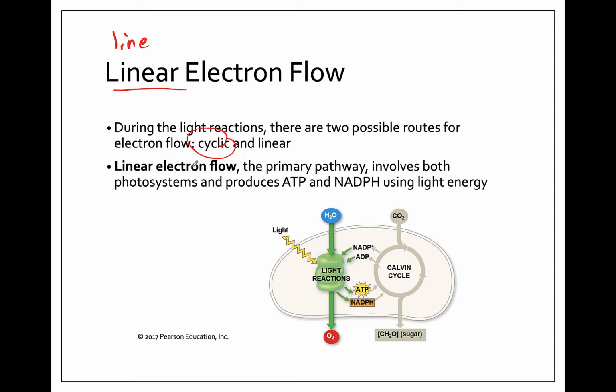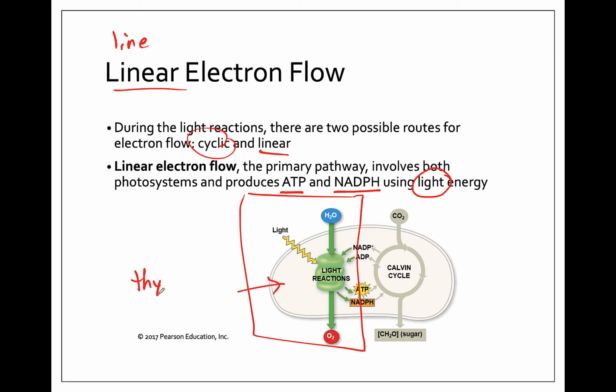But the plants that you see in your yard, your grass, your trees, are all going to be doing linear electron flow. This is the primary pathway, and it's going to produce energy in the form of ATP and NADPH from the source of light energy. So we are over here, and it is important to note that the light reactions are happening on the thylakoid